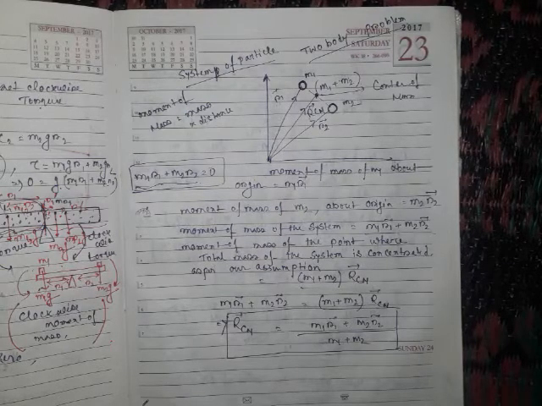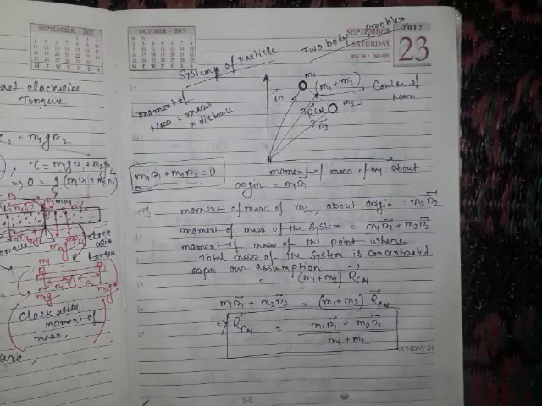So that is our total idea. And also we have a third definition: the center of mass of any object is a point where, if you consider the whole mass of the object to be concentrated at that point, then the moment of mass of that